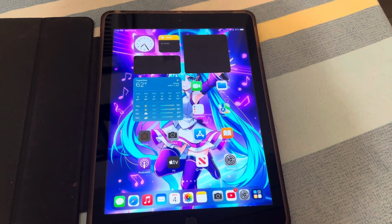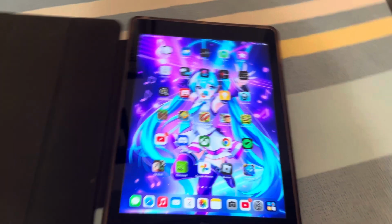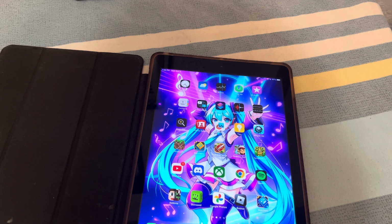Oh, also another thing, I'd like to remind you that if you want to get an iPad 5th, 6th, 7th, or 8th gen, and you're going to use it as a main iPad, or actually just for regular use, I would say don't get the 32 GB model for the iPad 5, 6, 7, or 8th gen, because those are extremely painful, especially the iPad 7th and 8th gen nowadays with